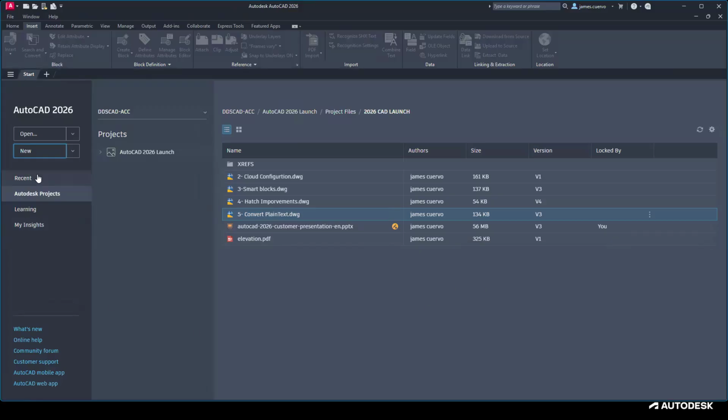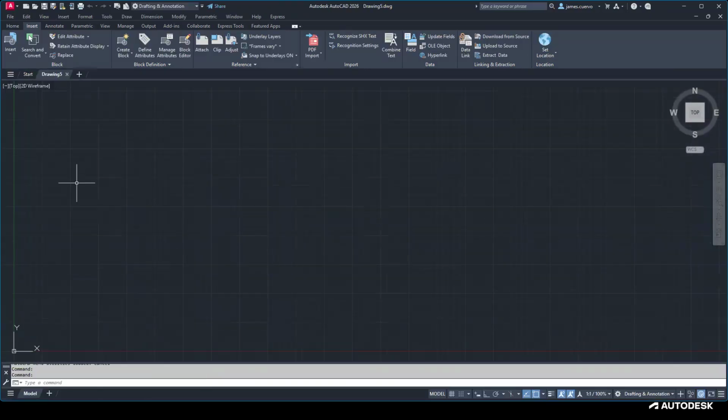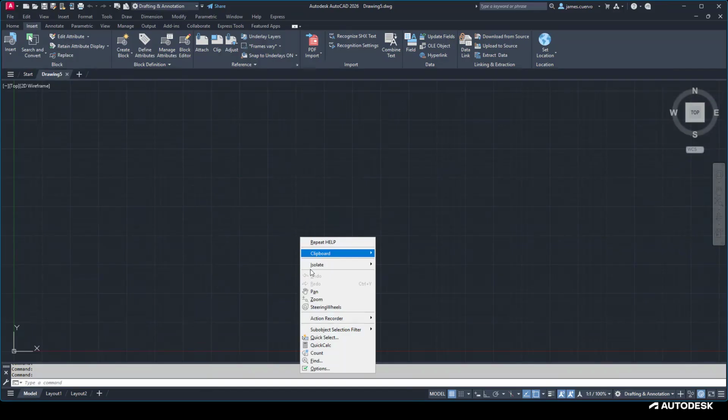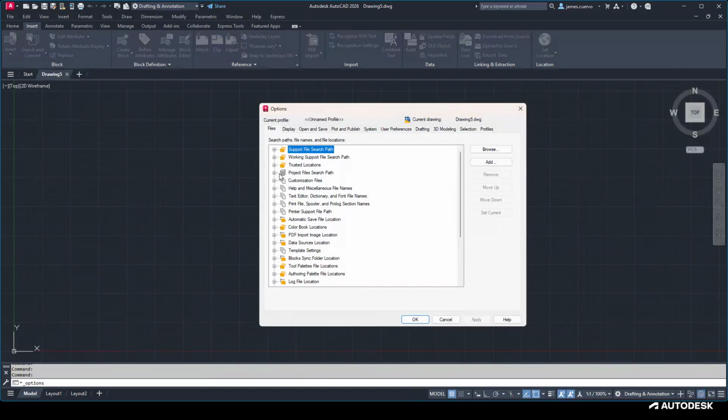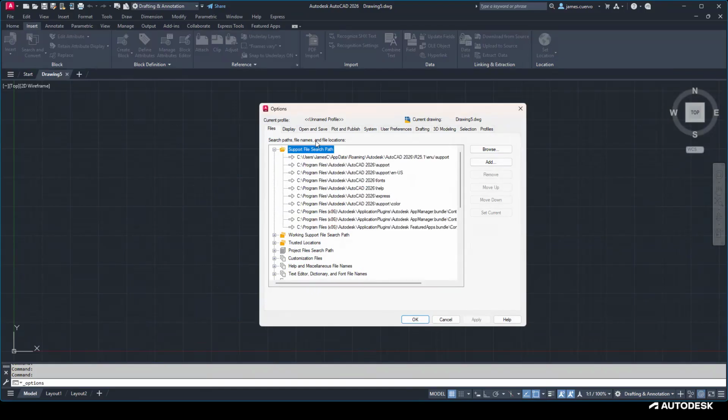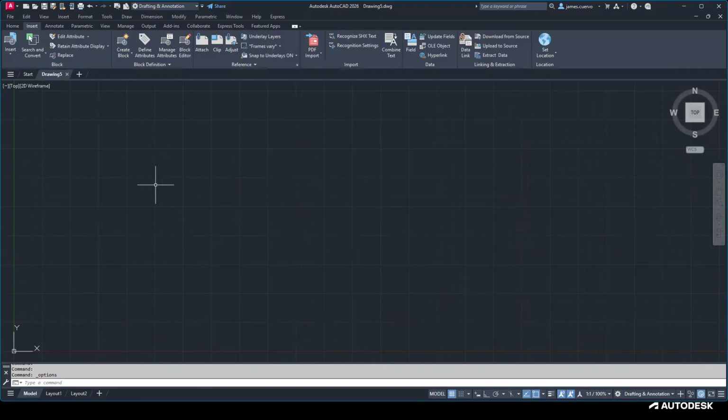Okay, let's go ahead and create a new drawing. I'm not going through this, you've already seen it. But at this point, what we need to do first, if we right-click Options here, okay, this is set up to your C drive by default. In order to actually get that to